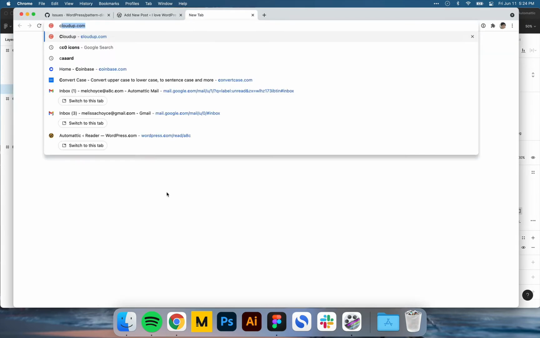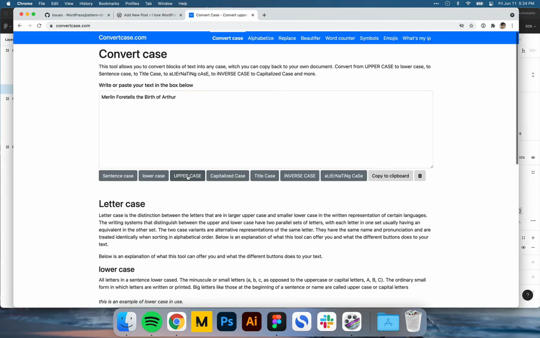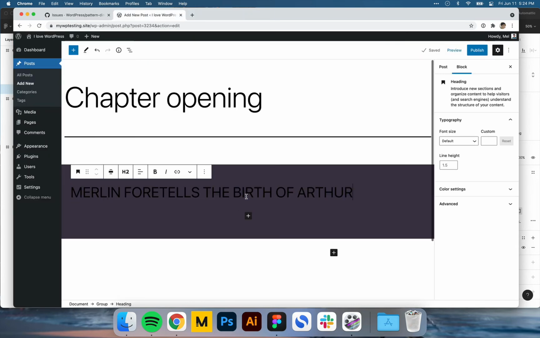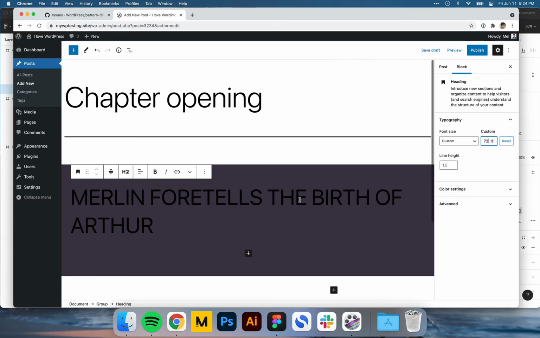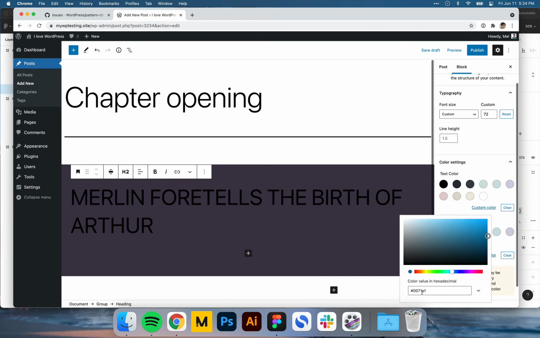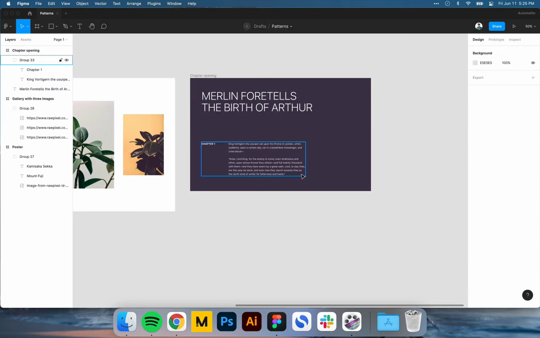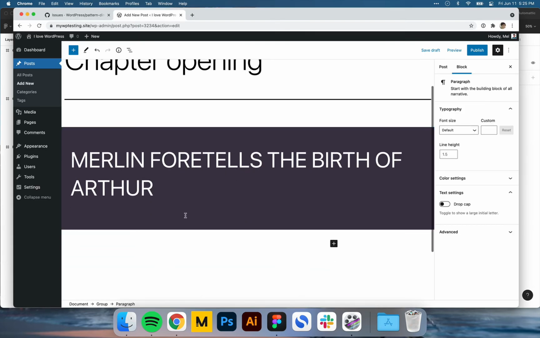And once again, I'll go ahead and just make it uppercase for now. And there will eventually be a text transform option, just not here yet. It's going to be one of the features of full site editing. And I'll make it 72. And the text here is white. So one thing you might notice is that this is meant to be partial width, not full width, which I totally forgot about, so no worries.